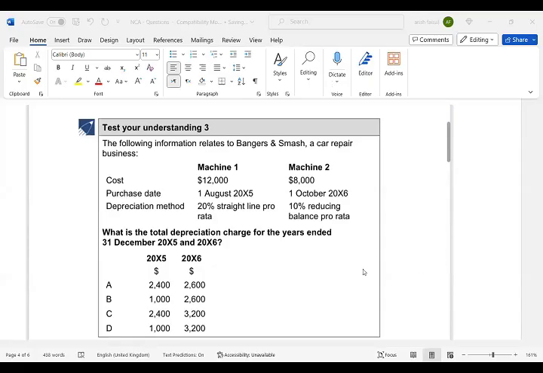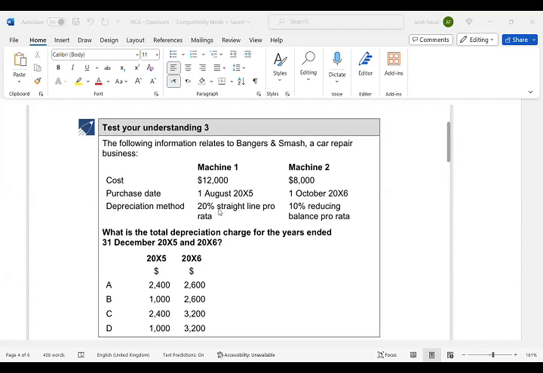Now, in this question, it says that the following information relates to Bangers and Smash, a car repair business. They have two machines, machine one and machine two. The cost of both machines has been given to you, which is 12,000 for machine one and 8,000 for machine two. The purchase date for the first machine is 1st August 2015, whereas the purchase date for the second machine is 1st October